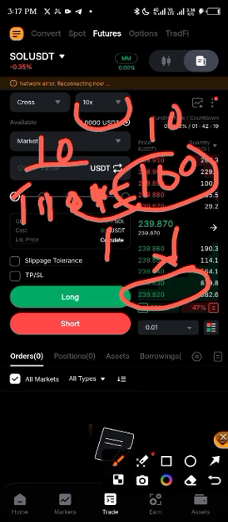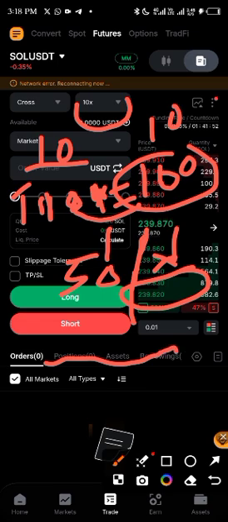Because there are many times, let's say you have $50, and how the market works is that I ask you to enter Solana at $239. I say enter long. Then there are times that as you enter long, it doesn't mean that the market will start moving from there straight up. There are times that the market will start moving like that. There are sometimes that the market will still play down to like 238, 237. Let's say I said put stop loss at